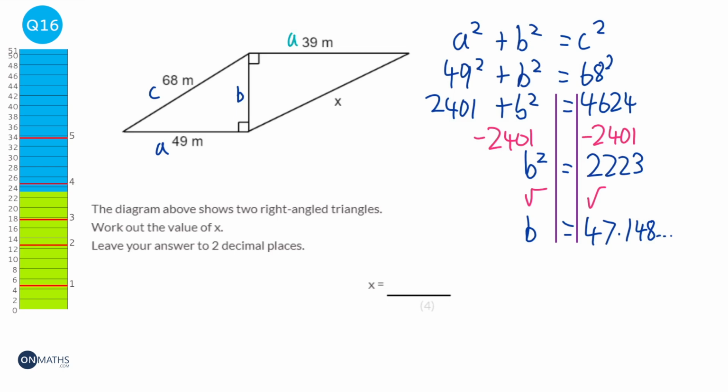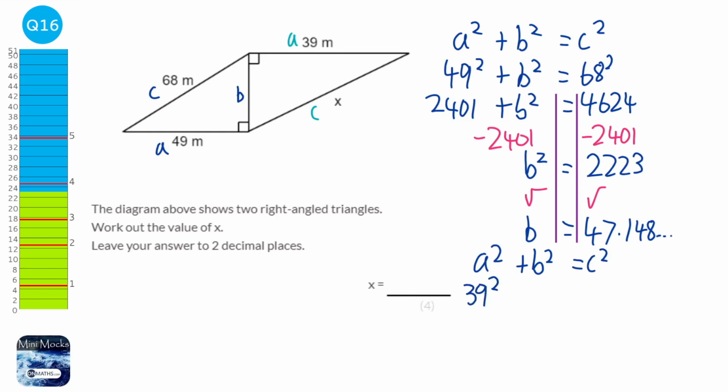Okay, we're now looking at the second diagram, and this time we're going to have a, we've got our b, and we're going to call x the c. So it'd be a squared plus b squared equals c squared, but this time a is 39. B we are given as 47.148, we've just worked that out, and we're looking for c. In fact, we can call it x now. Okay, so we need to square that. So we do 39 squared plus 47.148 squared,